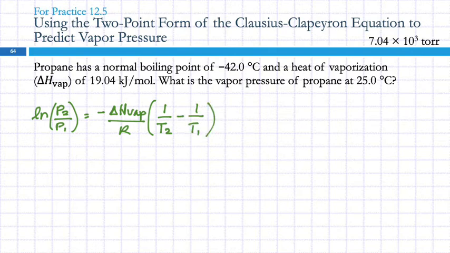So propane has a normal boiling point of negative 42 degrees Celsius and a heat of vaporization of 19.04 kilojoules per mole. What is the vapor pressure of propane at 25 degrees Celsius? So we have information about 1 point that allows us to calculate something about a second point. So there's a bunch of letters in here. So let's just write them all down. There's a P1 and a P2, and there's a T1 and a T2, and there's a delta H vap, and